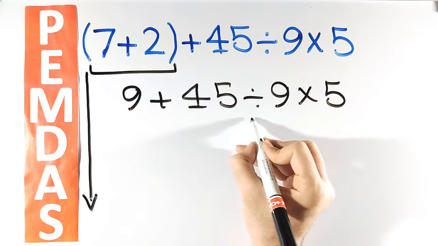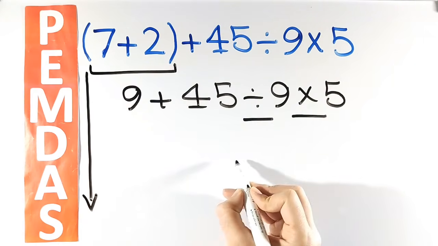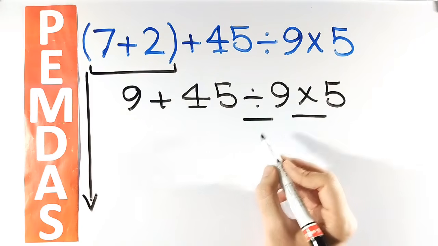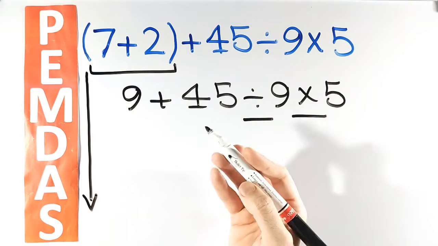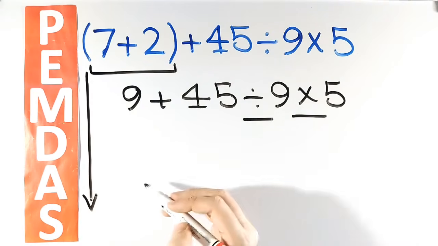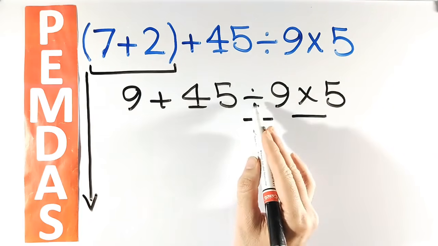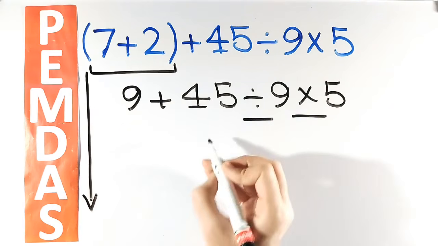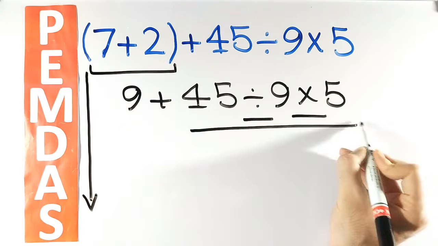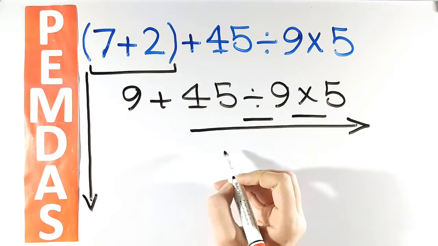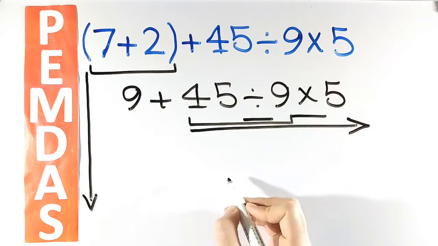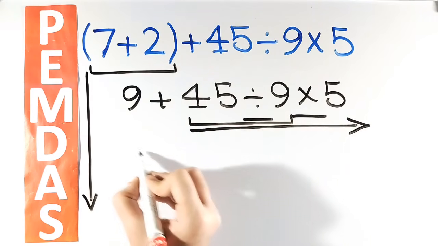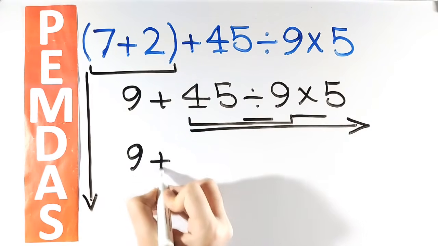And the next step, we move on to the division and multiplication, because these two operations have a higher priority than addition. However, it's really important to understand that multiplication and division are at the same level of precedence, and we must perform these two operations from left to right. So, first go for the division between 45 and 9, and instead of this expression, we can write 9 plus